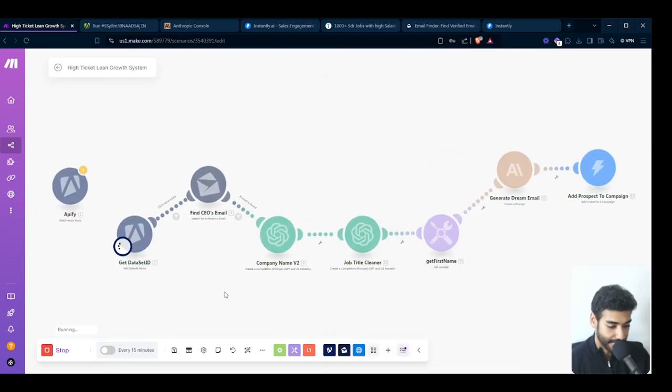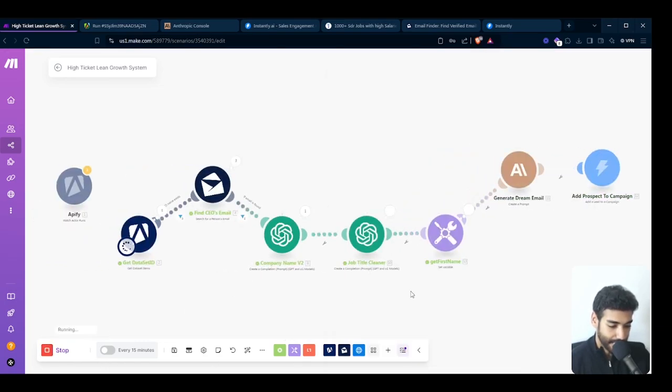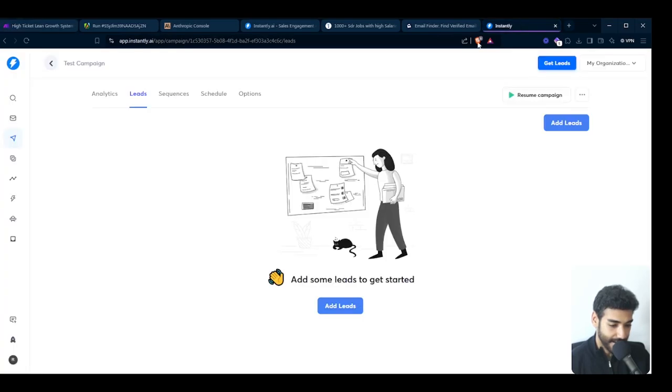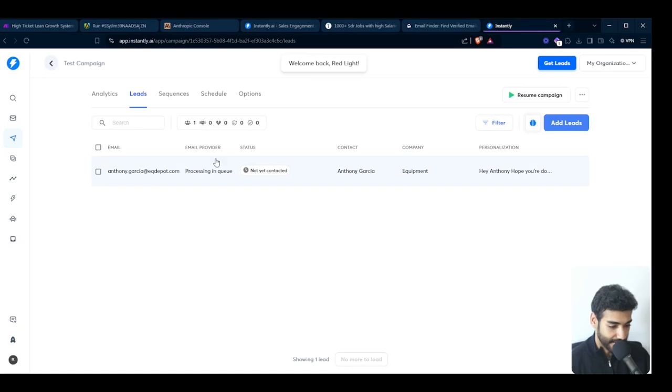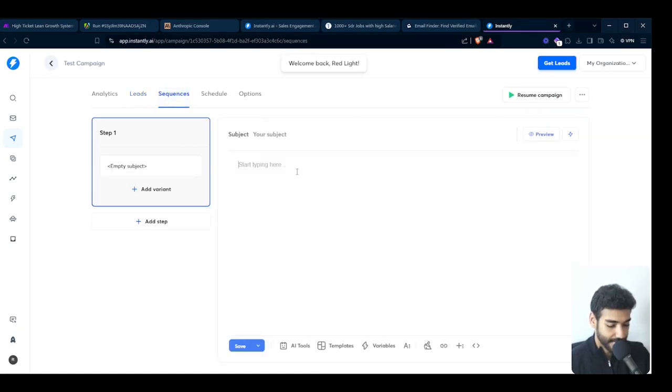Click OK. And then I'm going to click run once. Company name is cleaned. Everything is added. Now we're going to find the lead right here, which is this guy. And then I'm going to go to sequences. If I put in personalization, and then what I'm going to do is send from my iPhone,